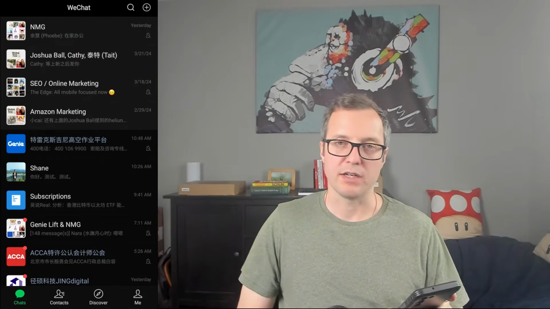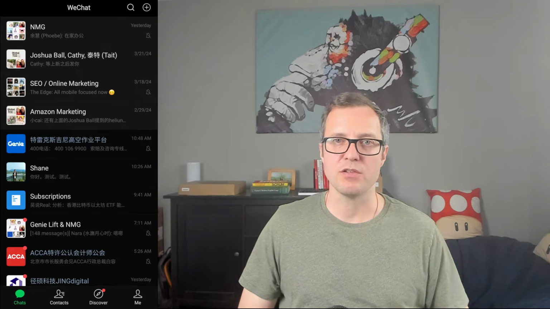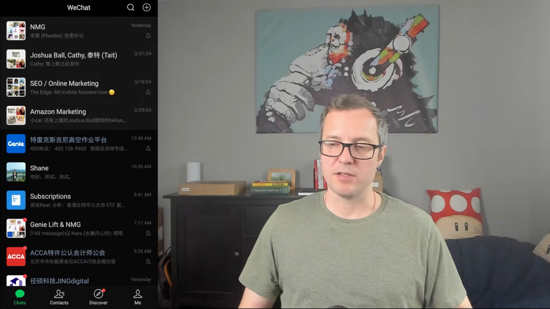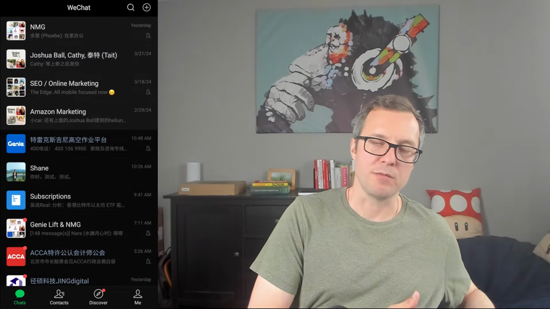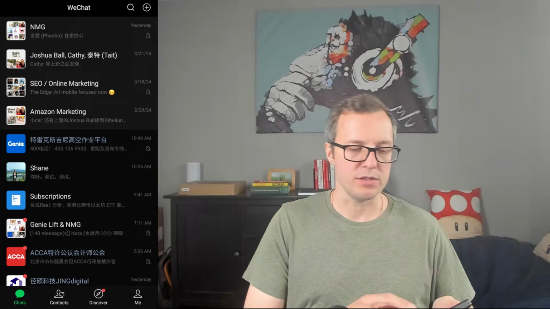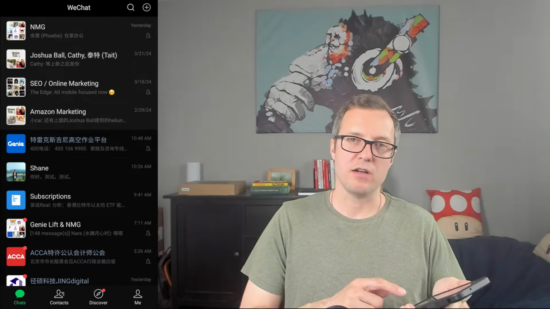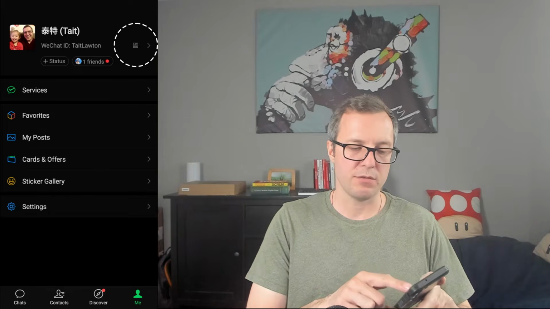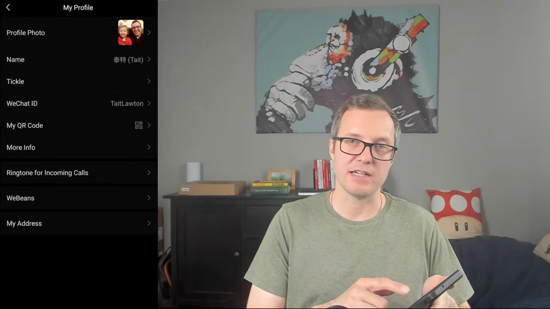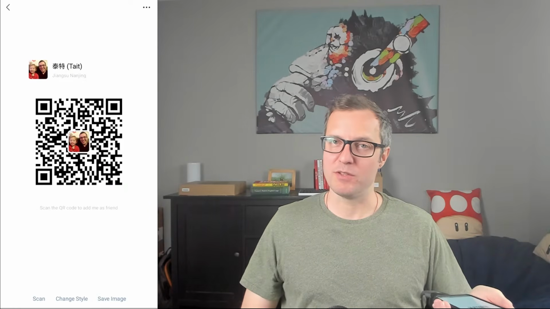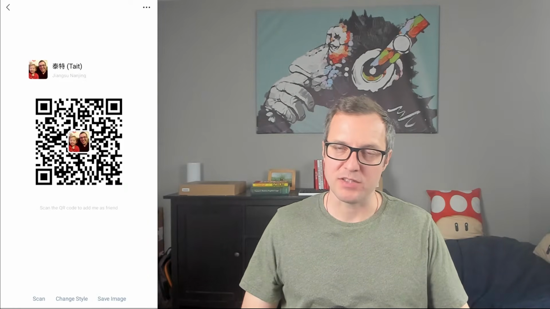The QR code can lead them to an official account or to other features within WeChat. Also, if you meet somebody in China and want to become friends on WeChat, you could scan their QR code or they could scan yours. To get my QR code, I'll click on the me on bottom right, and then I'll click this kind of square thing up there, and then I can access my QR code. And then boom, I can give this to the new person that I want to stay in contact with.